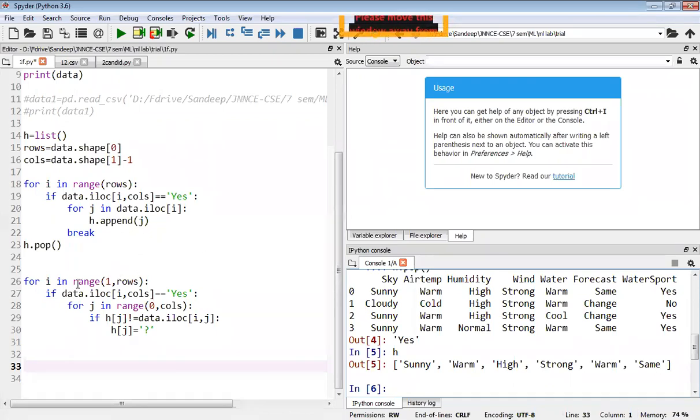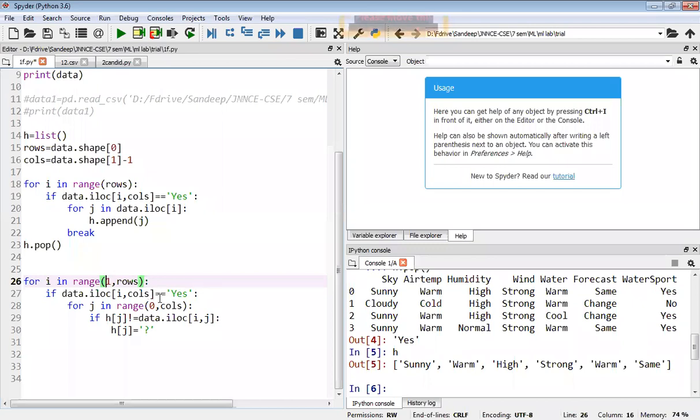That is what we are doing in this for loop. This first for loop will run four times, but already one example we have considered, so it will run three times. Instead of starting with zero, we have started with one. It will run three times. And for the final column, as above, we are checking whether it is yes or no. Find-S works only on positive examples.